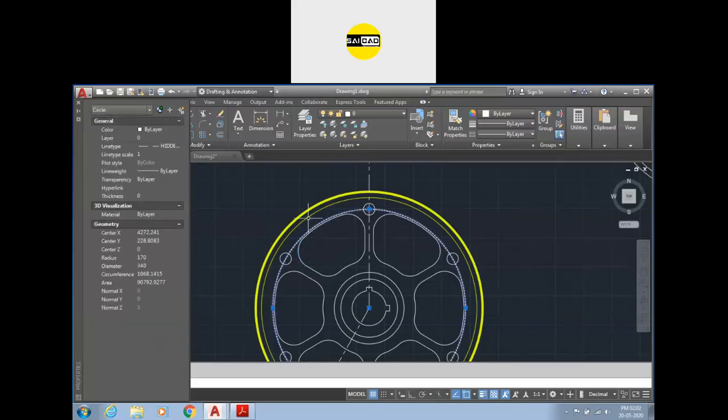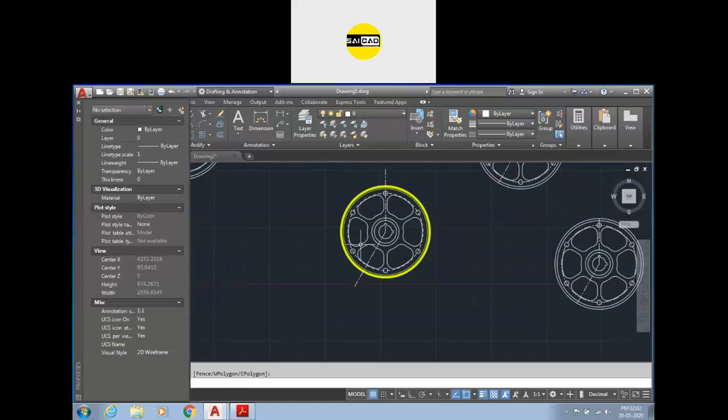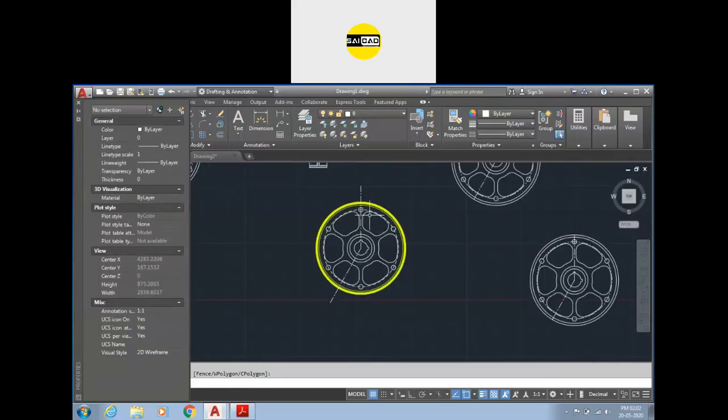The color is from layer, layer is right now 0. You can see that the line type is hidden and the scale is 1. I can just change the scale to 2 or to 3, whichever you need, and press escape. You can see that the properties are applied like that.